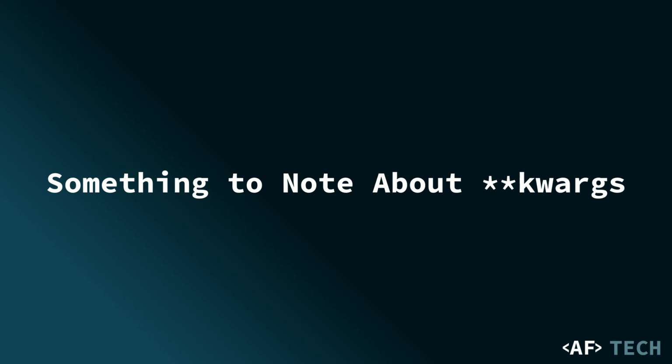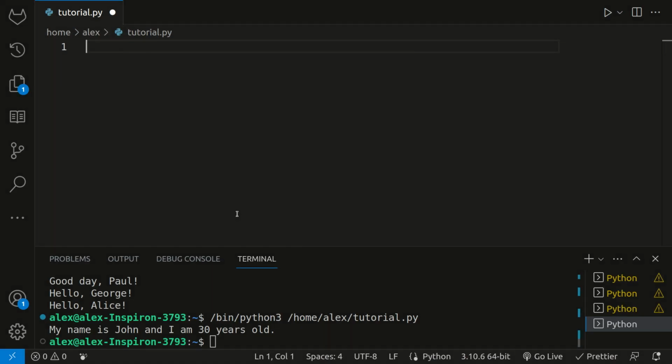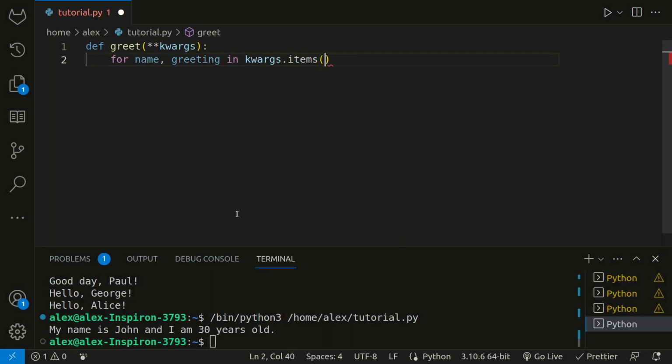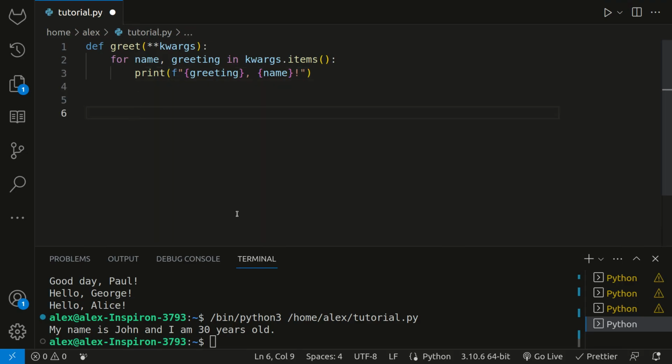If we try to use positional arguments with a function that only accepts kwargs, we will get an error. Let's use our greet example with kwargs. If we were to just say greet John, we'd get an error, because kwargs requires keyword arguments, so you would have to have something here, like x is equal to John, but you have to have a keyword argument. And so if you wanted to just type something like this, with only positional arguments and no keyword arguments,